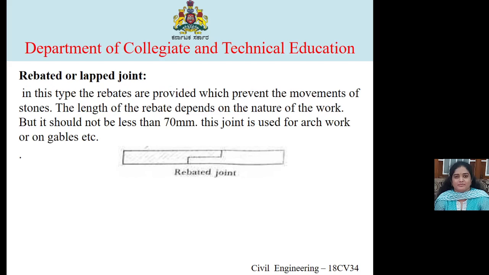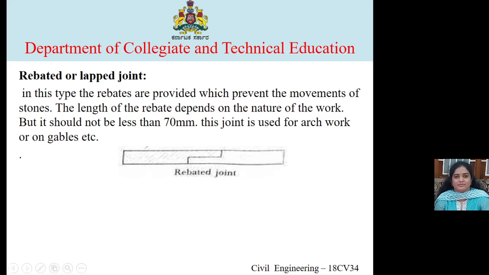Next is rebated or lapped joint. In this type, the rebates are provided which prevent the movement of stones. The length of the rebates depends upon the nature of the work, but it should not be less than 70 mm.